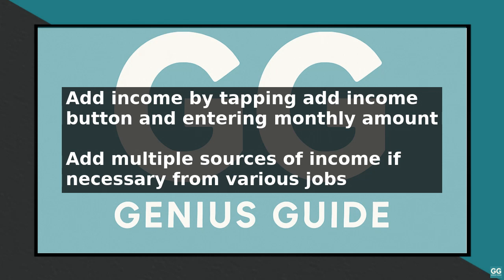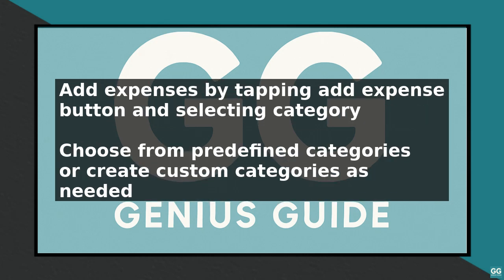As you add your income and expenses, EveryDollar will automatically calculate your total income and total expenses, and show you how much you have left over for savings and debt repayment. You can also set financial goals such as saving for an emergency fund, paying off debt, or building up your